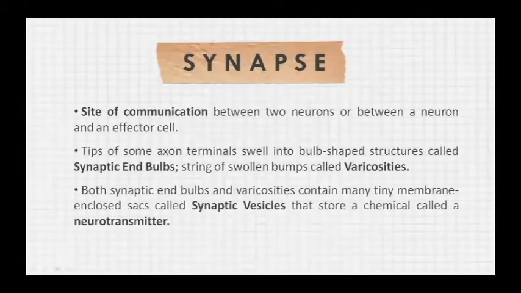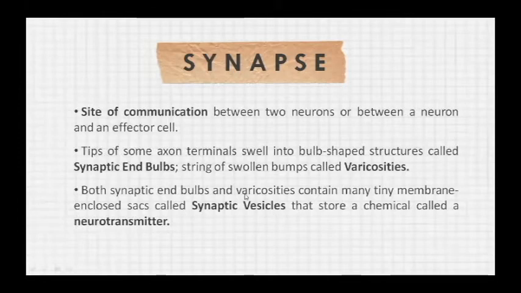So next is the synapse. This synapse is a site of communication between two neurons or between a neuron and an effector cell. The tips of some axon terminals swell into bulb-shaped structures that are called synaptic end bulbs, and the string of swollen bumps are called varicosities. Both contain many tiny membrane-enclosed sacs called synaptic vesicles, which store the chemical